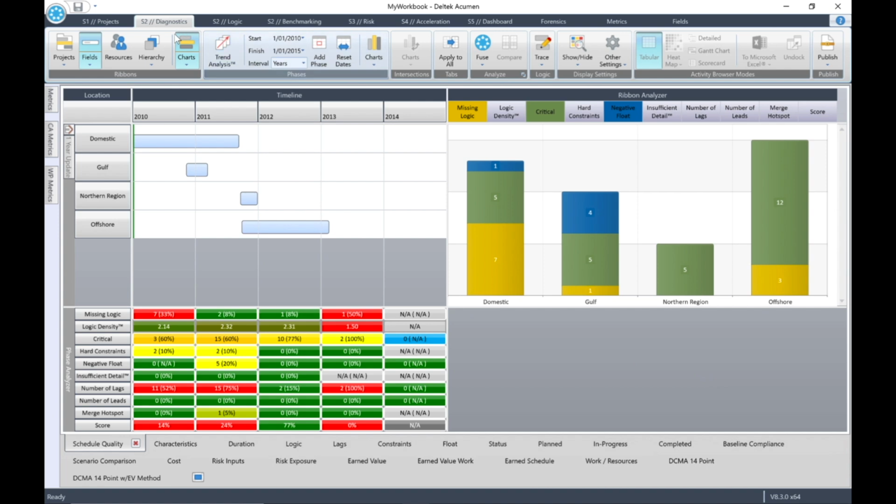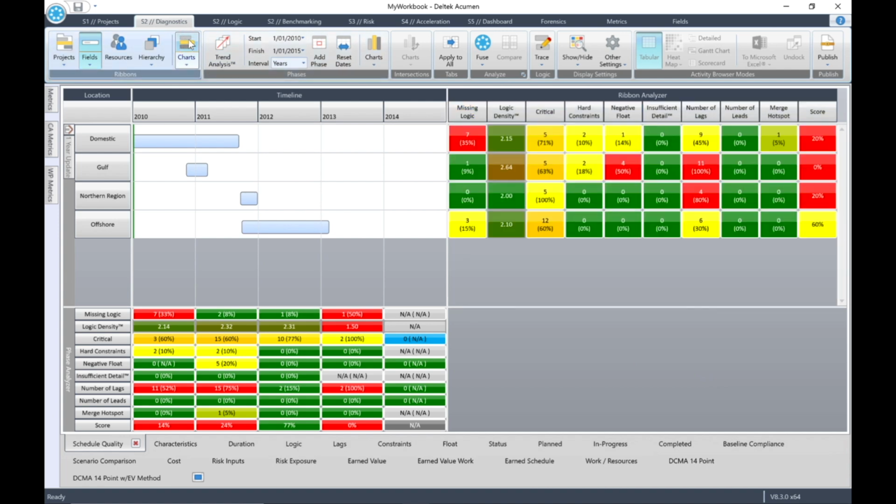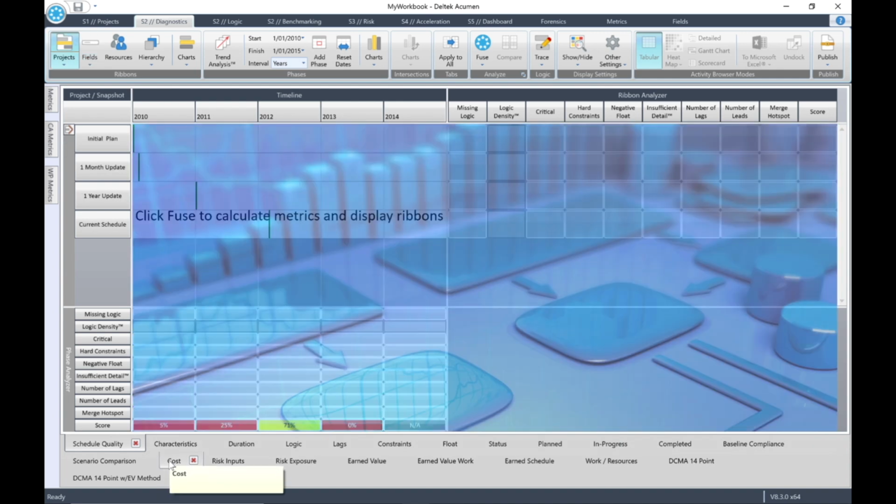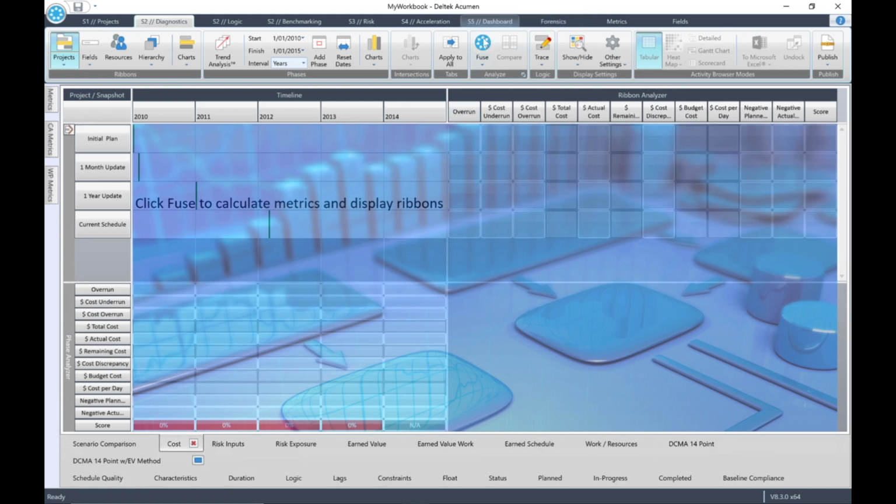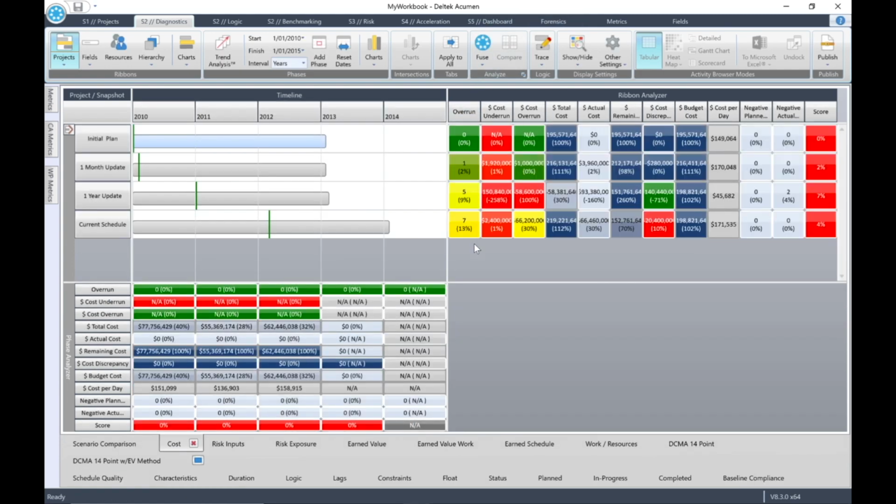Deselect the Charts button. For the last part of this ribbon analysis, we are going to change the ribbon view to cost. We'll do this by selecting the cost from our ribbon view options in the bottom pane. So change the ribbon view to cost, then click Fuse to display the results. Note that the ribbon pane is displaying the initial plan and 3 snapshots again. Now, this time, we are going to ribbonize by resources